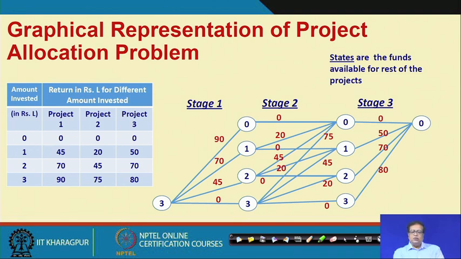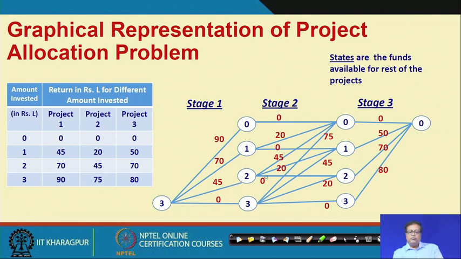So, what is that path which maximizes the return? This problem is easier. If you look a little carefully, can you find the path which gives us the maximum possible profit? Here this is 45, this is 20 and this is 50, so it is 115. This could be a candidate, or there are other paths. This one is 80, this one is 90, this one is again 90, this is again 90. So, all these different paths are available.